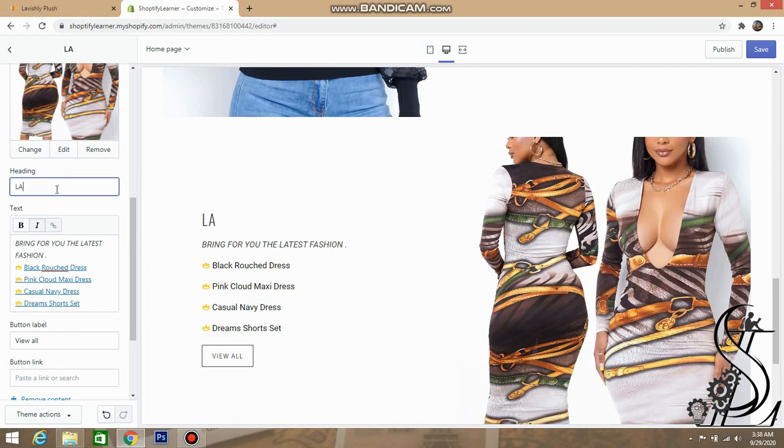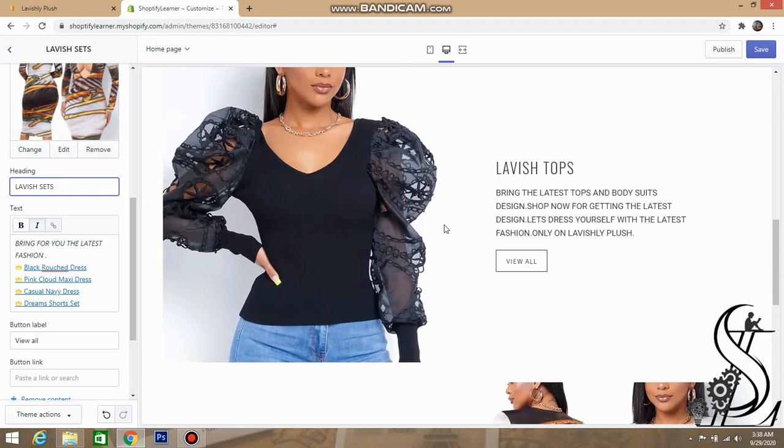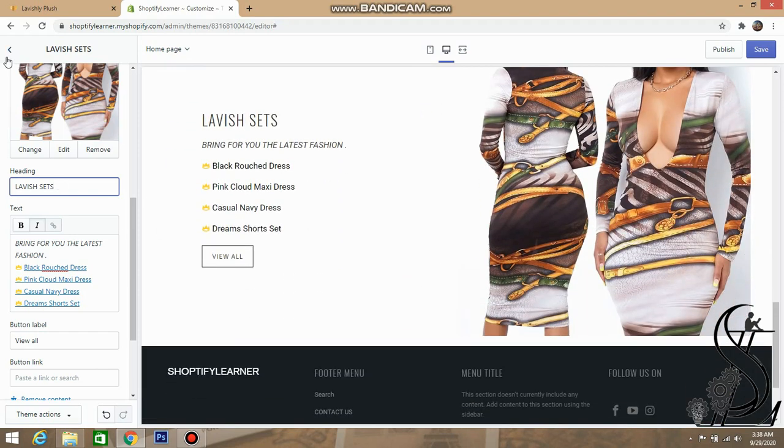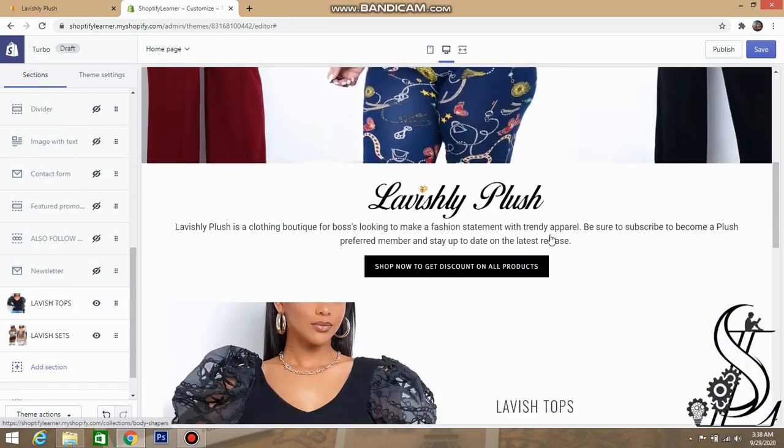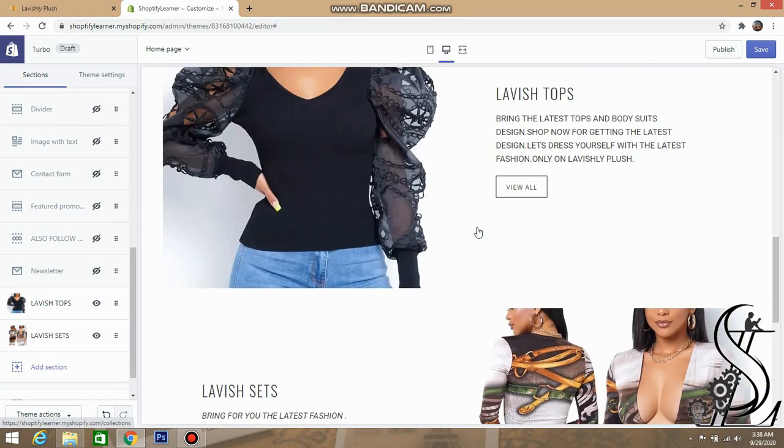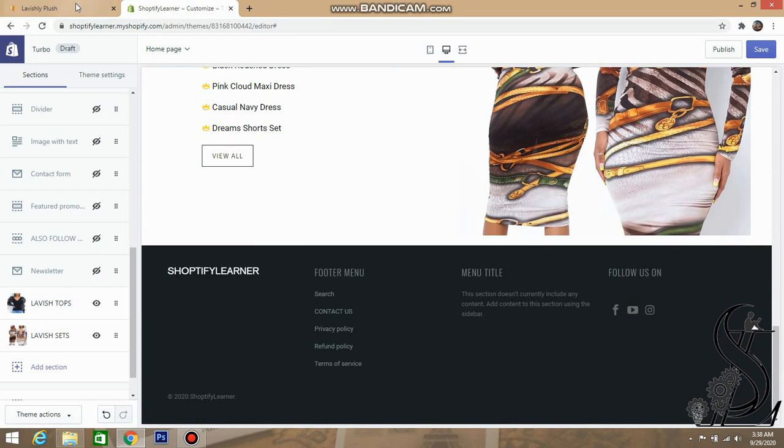Now we can simply write here lavish sets. Now we have completed our four sections: slideshow, rich text with image, and image with text sections.